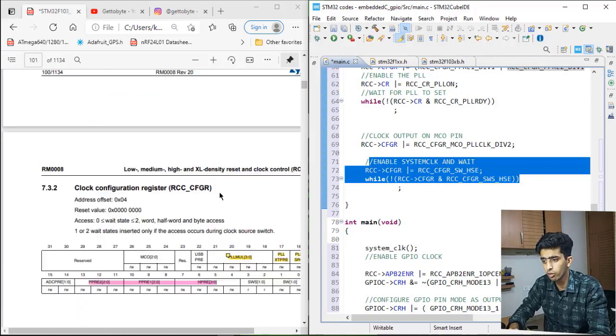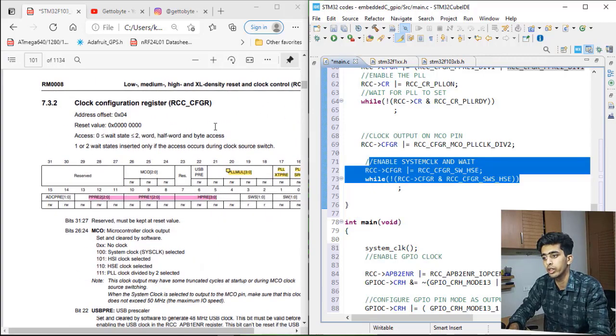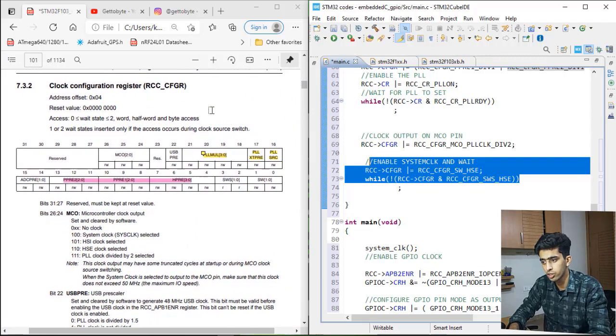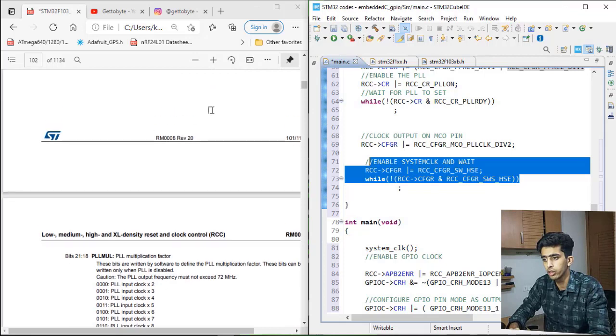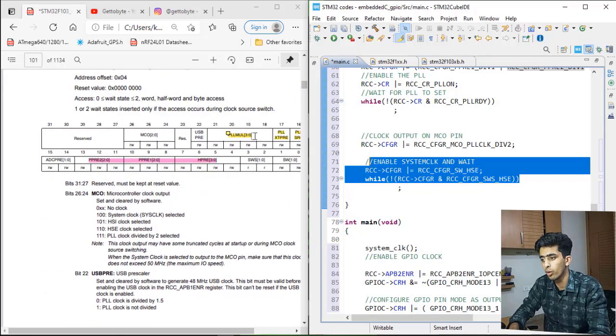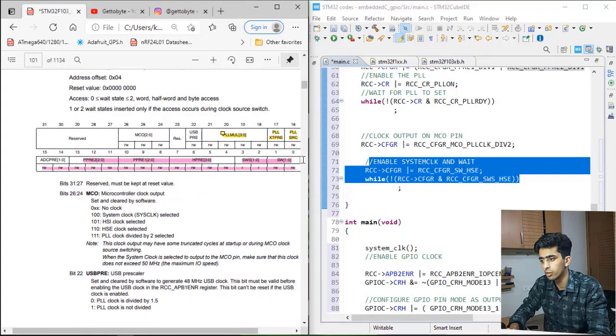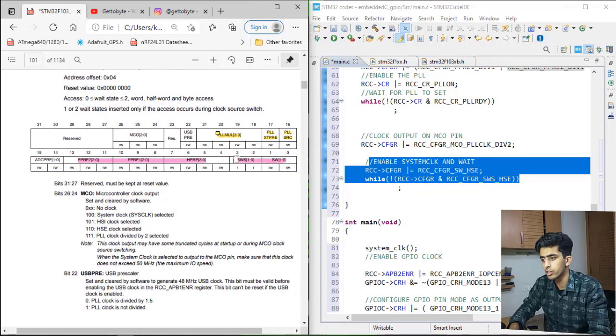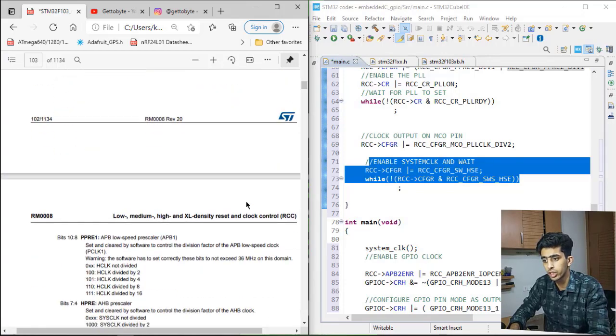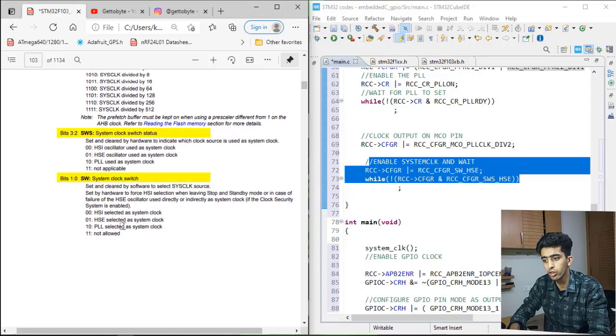For enabling your clock system, you have to go again to the CFGR register. In these bits, SWS and SW, these are for enabling my clock source. SWS is for the status and SW for the clock switch.